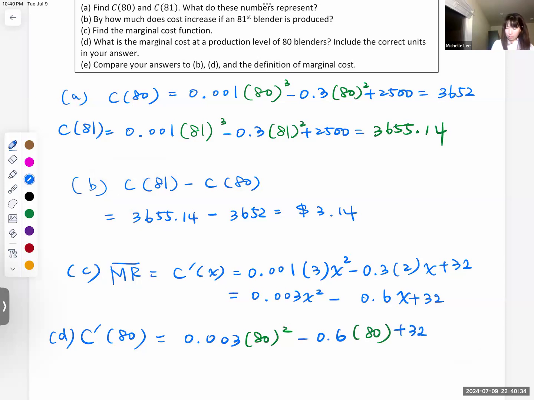Then we get $3.20. This is dollars per blender. This is a unit, right? Okay. Include the correct unit in your answer. Okay, this means,